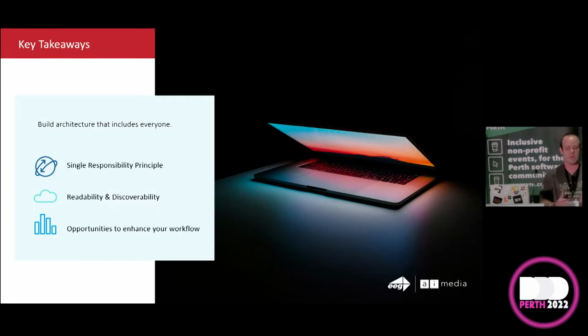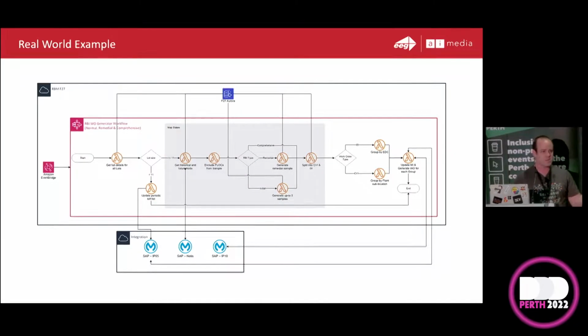Readability and discoverability. I mentioned earlier in the talk, new devs. New devs are going to understand this a lot quicker than if I just did that black box outside, or maybe the event bridge and the step function, right? Having all the individual components is going to be way easier to understand and get them up to speed. And that's what we want, right? We don't want to have to spend a month teaching the new dev all the different parts of the system. We're going to go, hey, we need to make this change to Lambda XYZ. Go make that change, and they can go do it without any other involvement. So it's a really great way of onboarding people quick and everyone getting up to speed and everyone understanding the system.